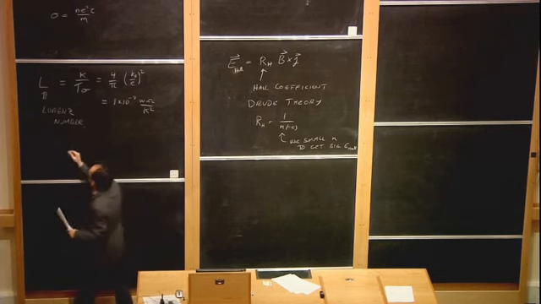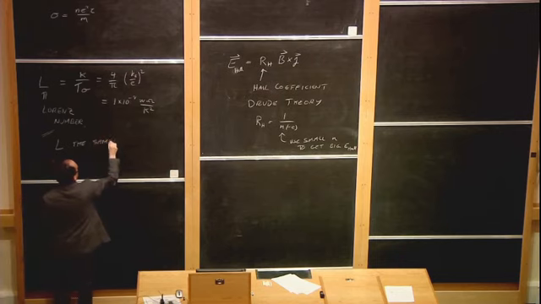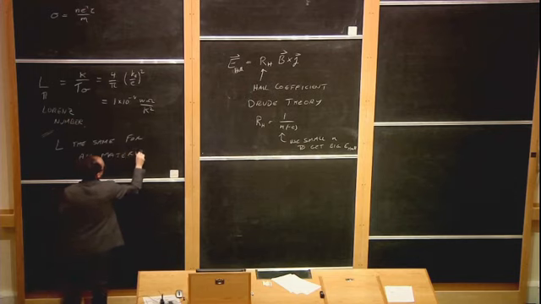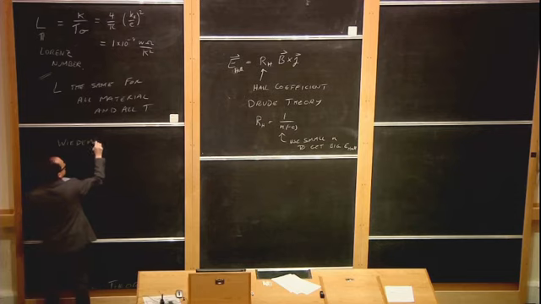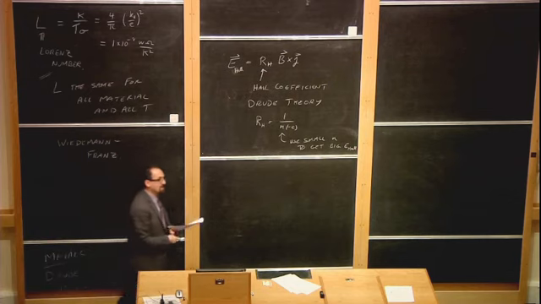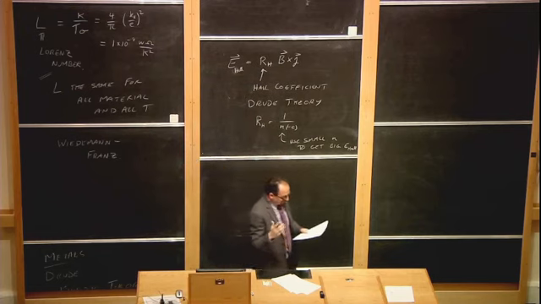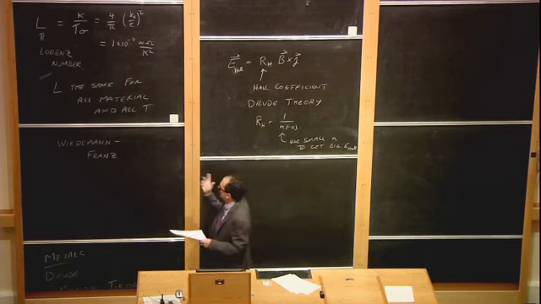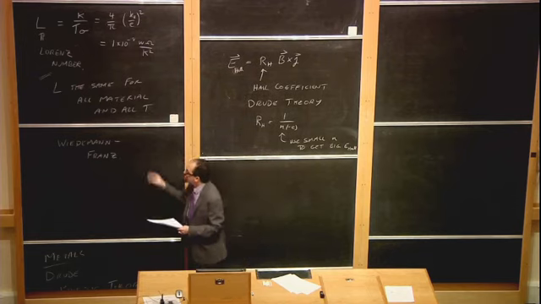And in fact, the fact that the Lorenz number L is the same for all materials and all T, this is known as the Wiedemann-Franz law, and it was known since the mid-1800s, and no one had the foggiest idea why it was true. They just measured it. Wiedemann and Franz were Germans who liked to measure things like thermal conductivity and electrical conductivity in the middle of the 1800s. And they noticed that if you take this ratio, it comes out pretty much the same for all materials.